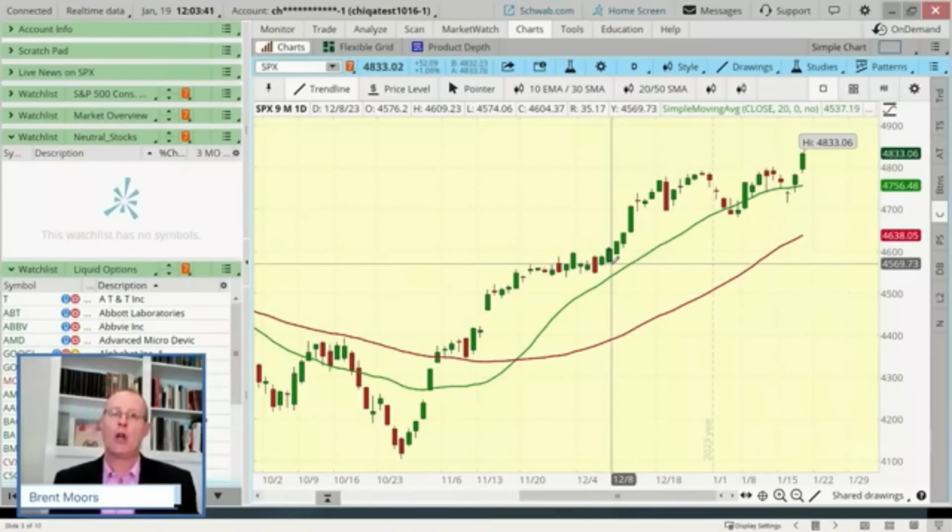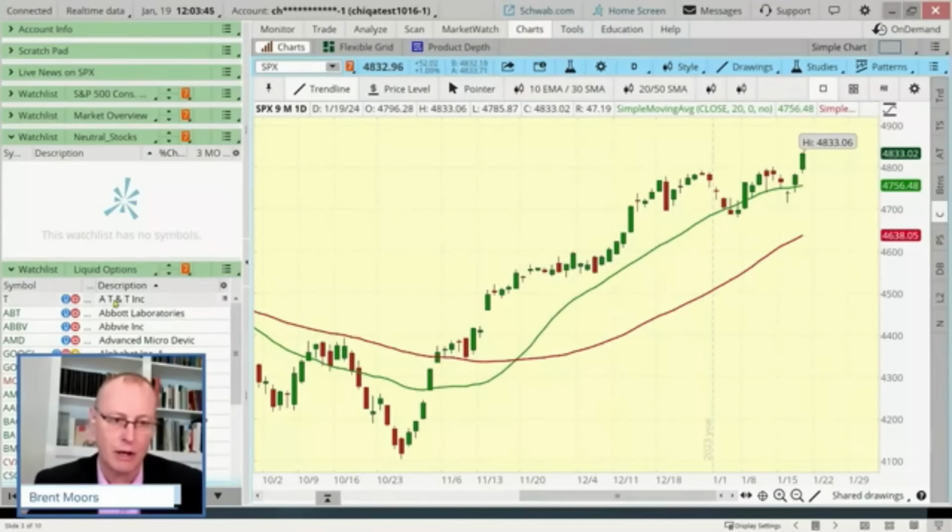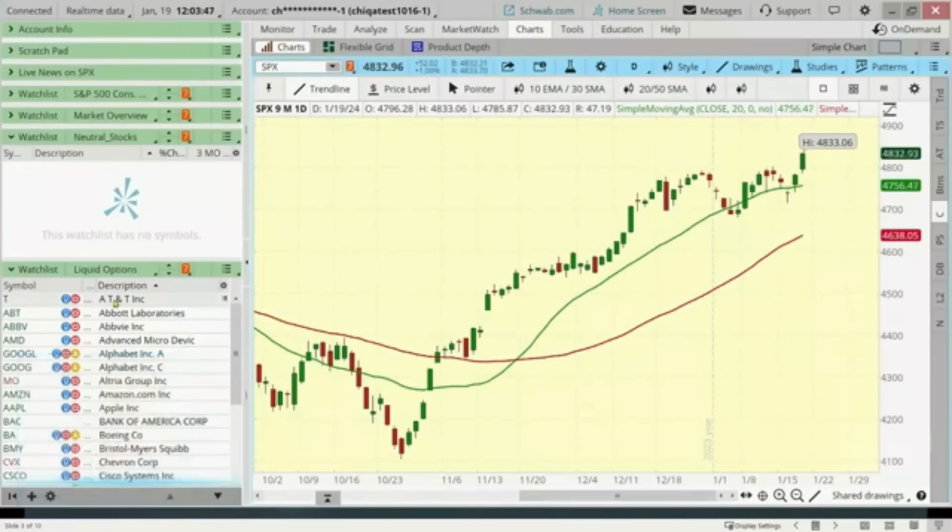So first thing, we'll create a general list. Now, I actually already have one up. You can see that right over there. That's kind of a standard one that I have, but I just labeled it liquid options. Let me show you how you can create that list for yourself if you like. And of course, there's not one way to do it. There's different ways to do it.